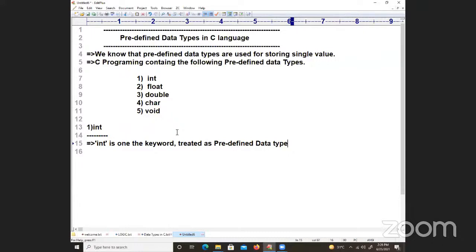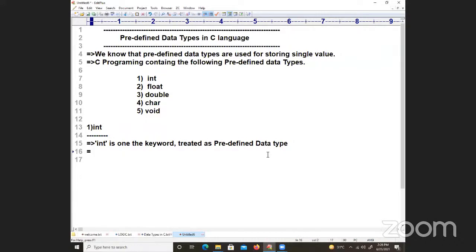Next, we need to understand this int data type. Already we discussed in our class: every data type will take some amount of memory space. What is the purpose of data types? Please answer, all of you. Come on, all of you. Yesterday's class I told you. The purpose of a data type is to allocate the memory space for your input.